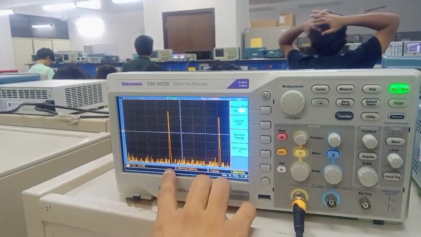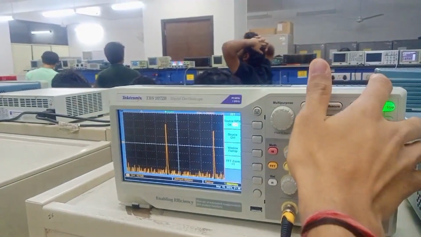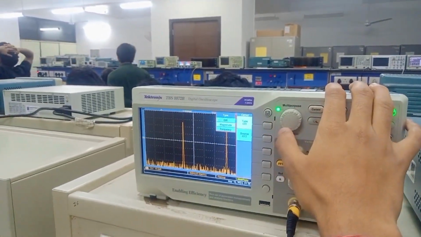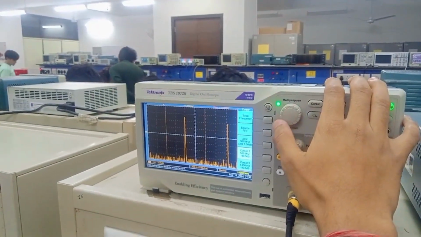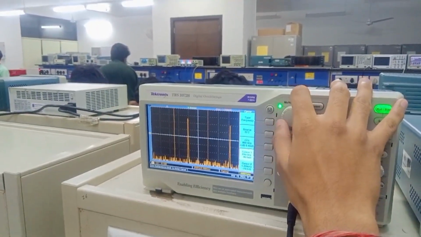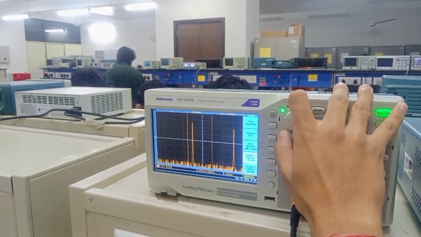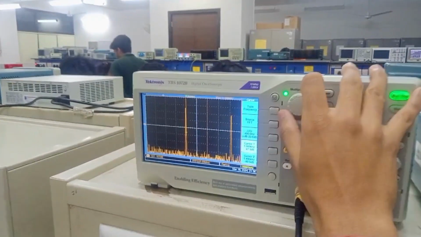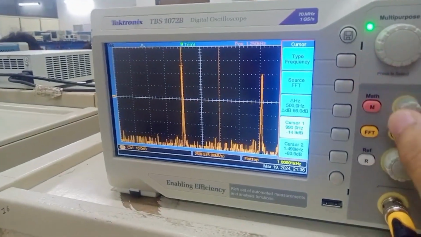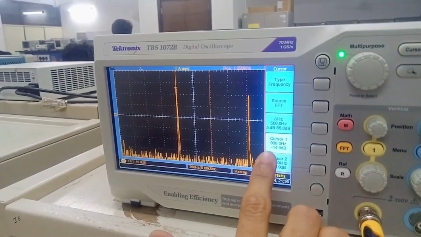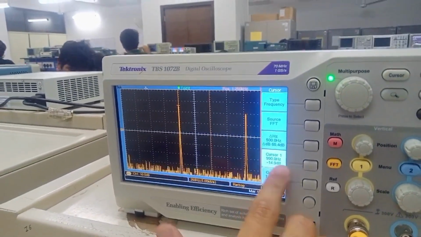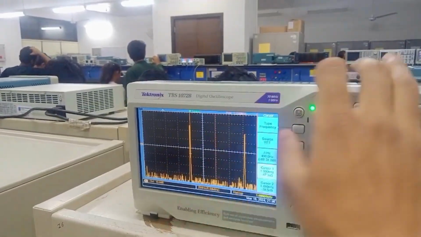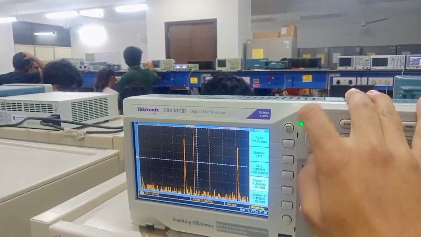The first one should come around 1 kilohertz and the second one should come around 3 kilohertz. So let me just check the frequency. Yeah, I have the cursor on the first peak. And we get, see, it is almost 990 hertz. If we check, yeah, 1 kilohertz, and if we move the cursor to the next peak,